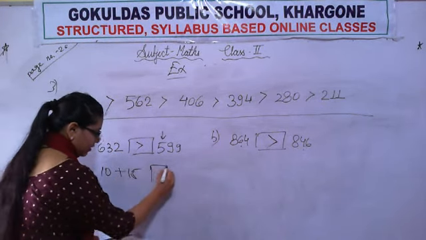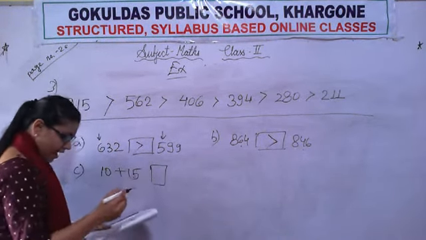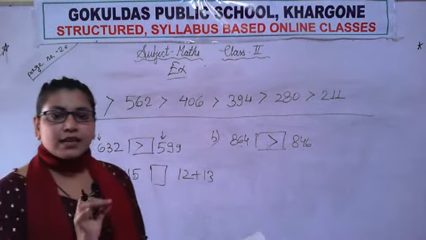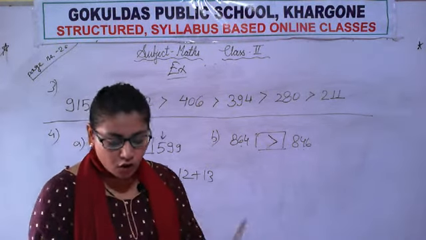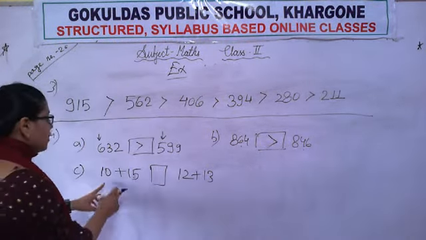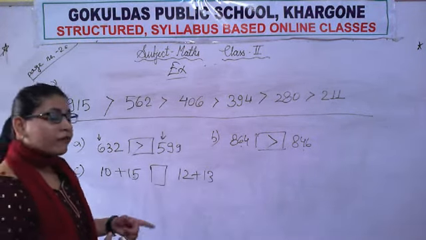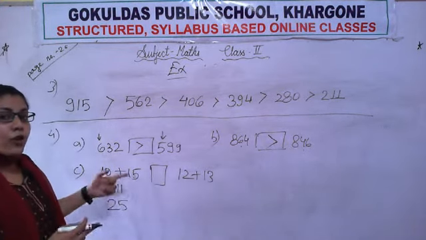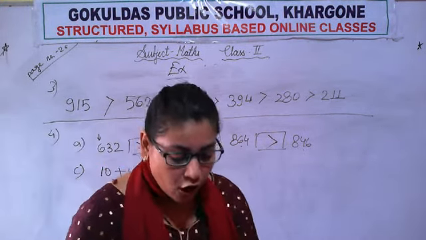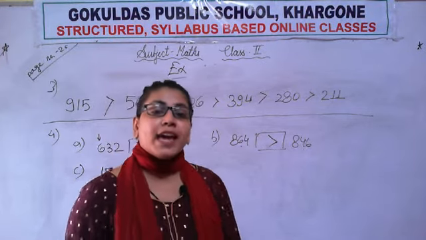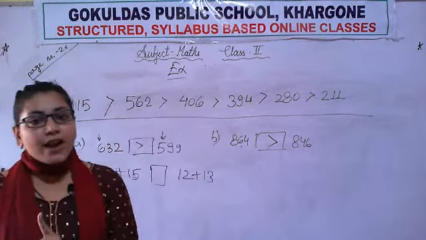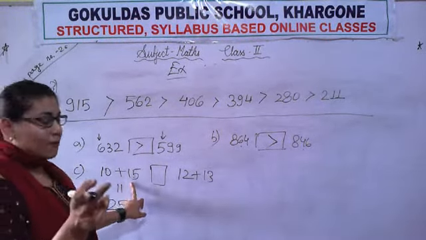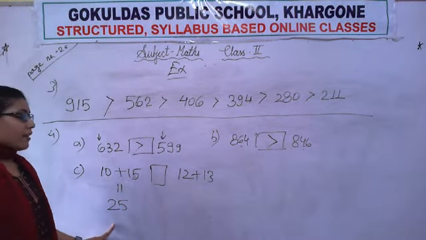10 plus 15 and 12 plus 13. We have this type of question on page number 1 also. We will count forward 15 from 10. What will we get? 25. How will you count? You will open your copy, the first page of your copy. You will see numerals from 1 to 100. Then you will find 10 there, and then count 15 forward from there. So you will get the answer 25.